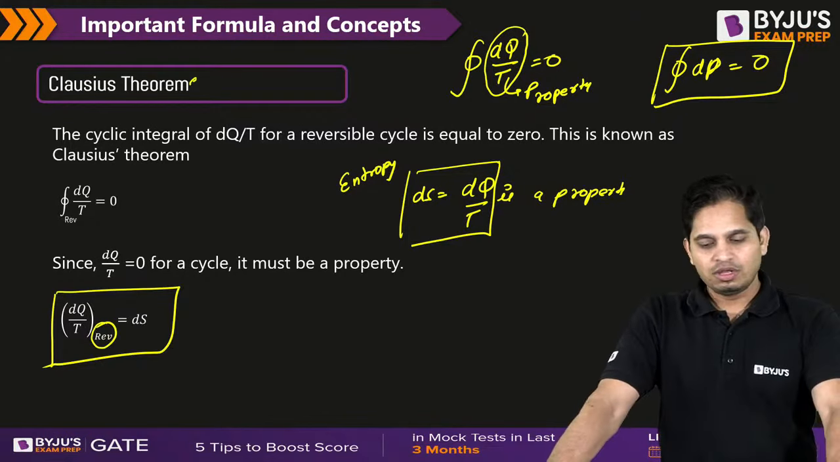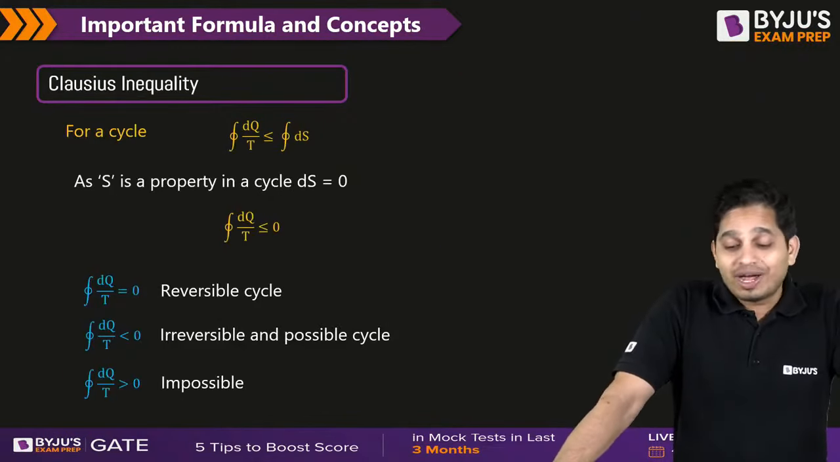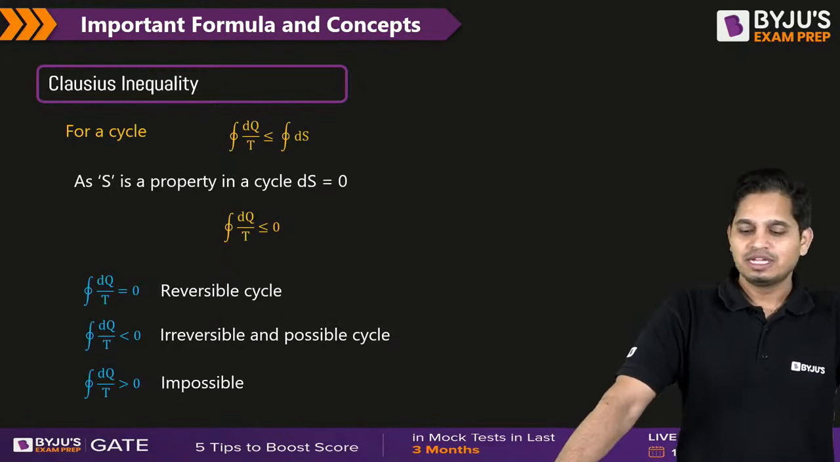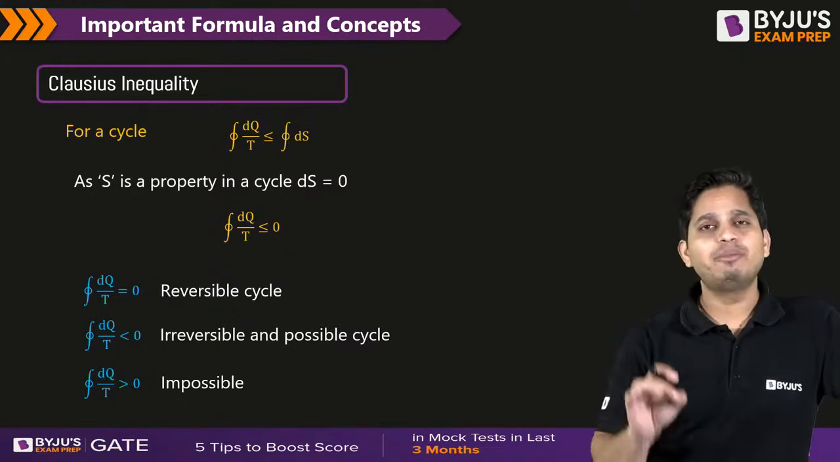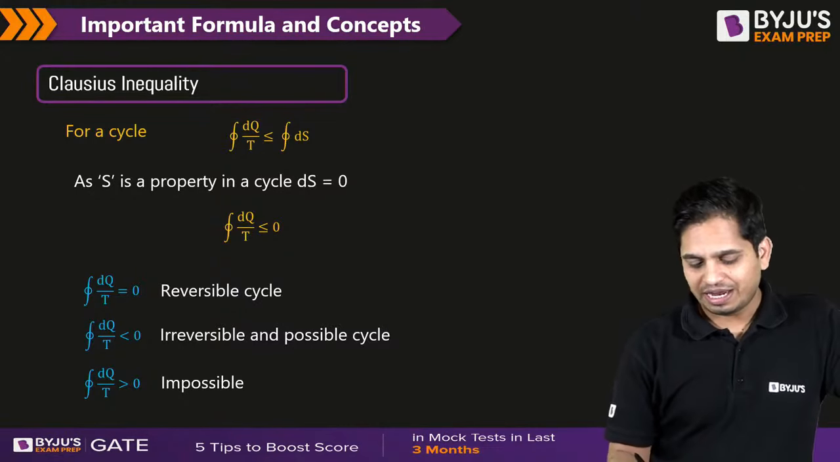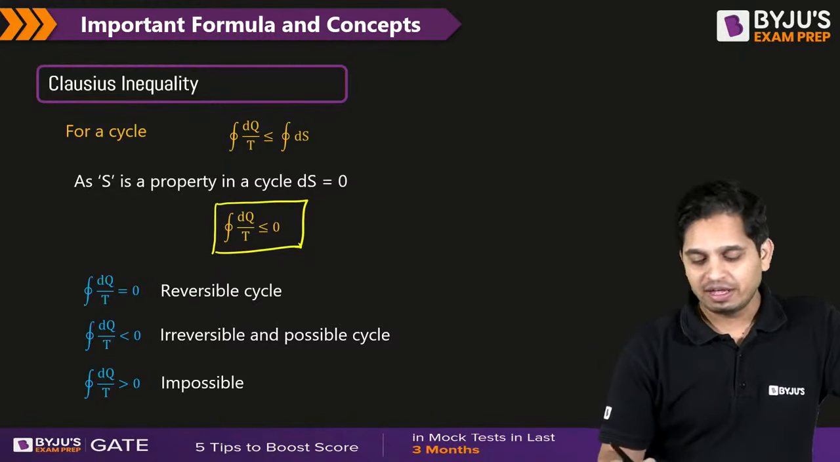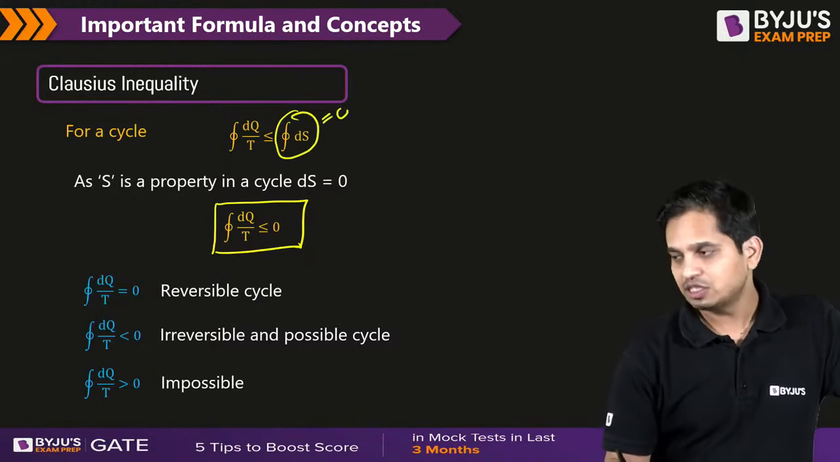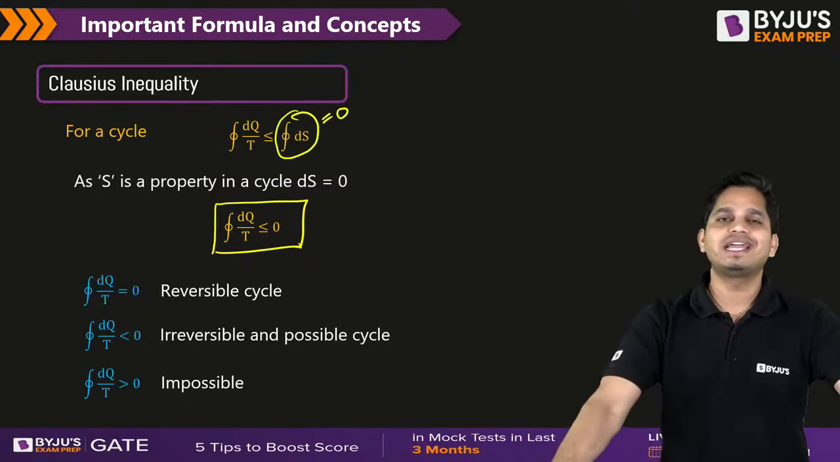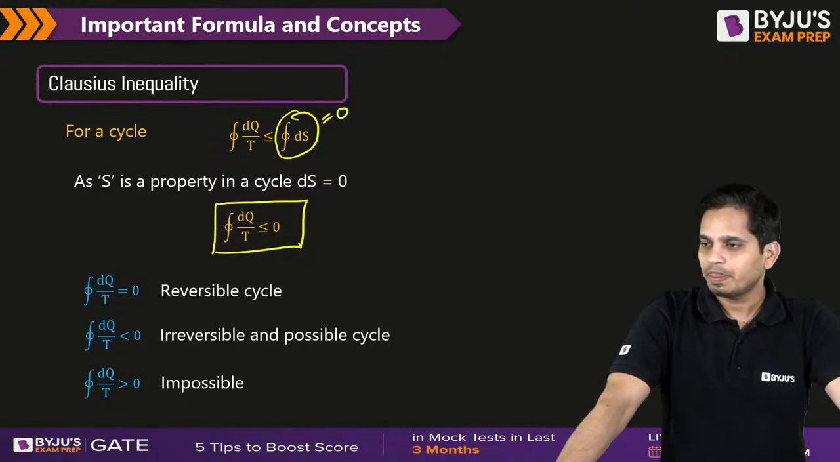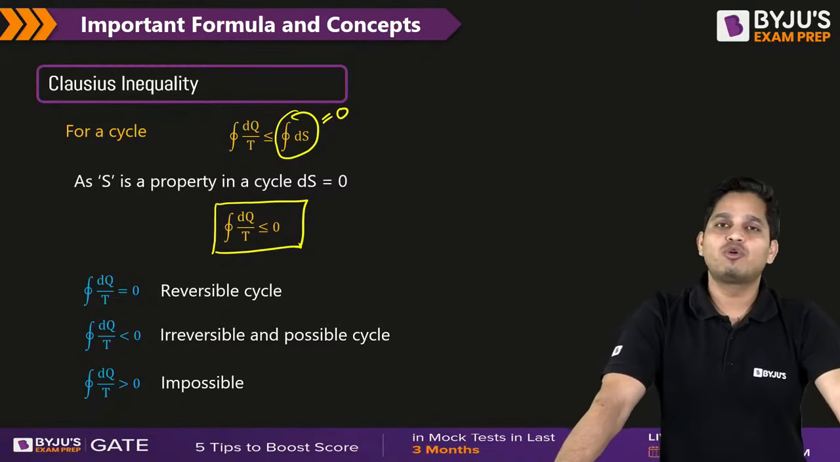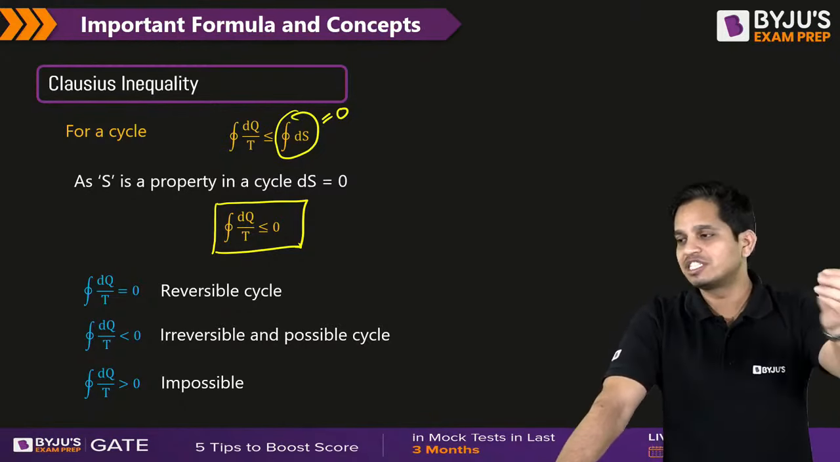Now Clausius inequality says that for a cycle, the cyclic integral of dq by t will be less than or equal to 0. Why? Because this is 0 for a cycle. Change in property for a cycle is 0. For any cycle, it will be less than or equal to 0. If the cycle is reversible,